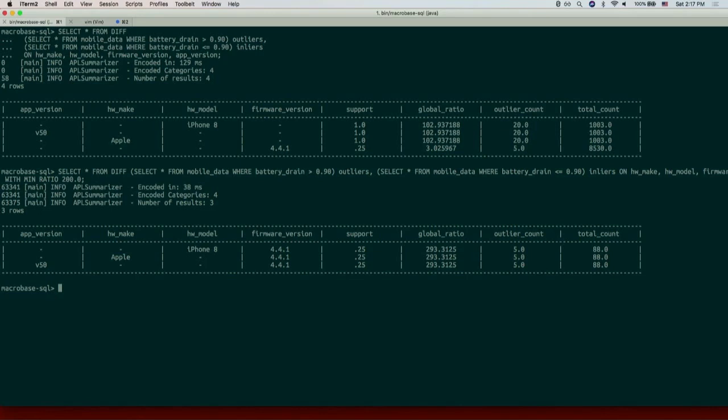So MacroBase isn't just finding single attributes, single features that might be the cause of the problem. It's also looking at combinations as well. And it can explore these combinations very efficiently. 2-order, 3-order, however much you'd like, MacroBase can handle, right? We optimize for lower order combinations like 2 and 3, but there's nothing stopping you from exploring whatever combination of